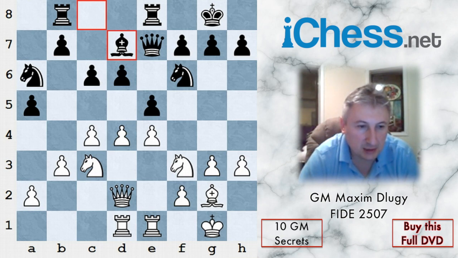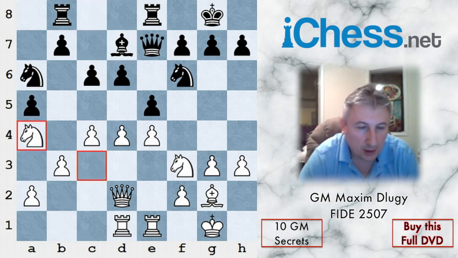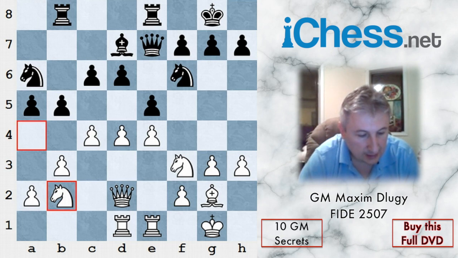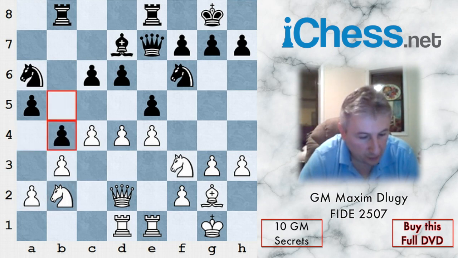and this creates an opportune moment for me to start attacking black's position. I play knight a4, and obviously this move has the idea of simply provoking further weaknesses from black, but also there's a concrete threat of queen takes a5. For example, if now black plays b5, I simply go back with the knight to b2, and black plays b4. I can play